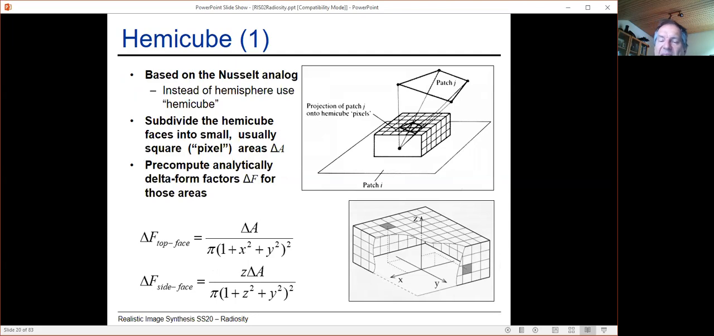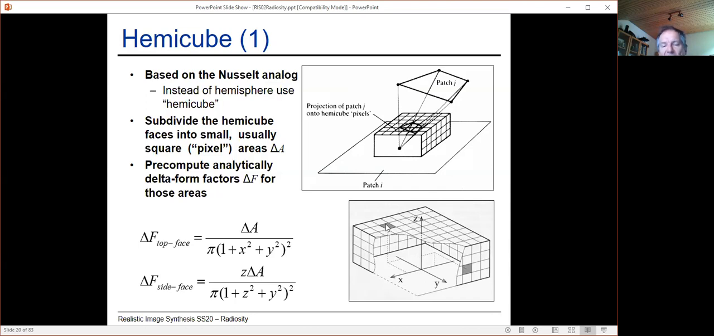And this hemicube will have 5 walls, 1 front wall and 4 side walls, and we will perform 4 times rasterization of the whole scene onto this hemicube. And why is this helpful? So we pre-compute such a hemicube, and for each of the pixels, the mini elements of the hemicube, we